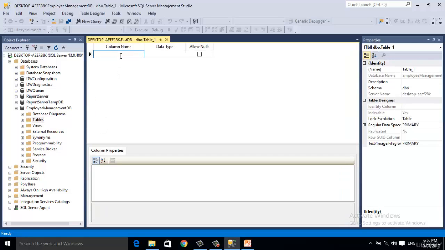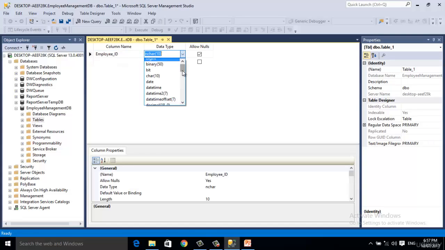Okay, here you will have to define the different names of your columns that will be part of your new table. First of all, I would have employee ID and select its data type.